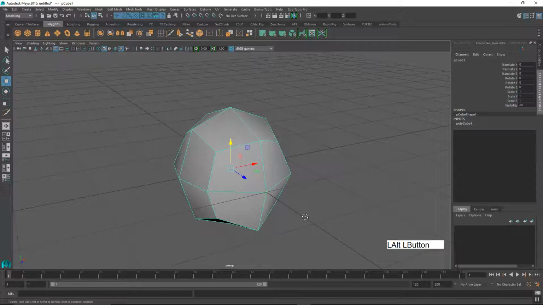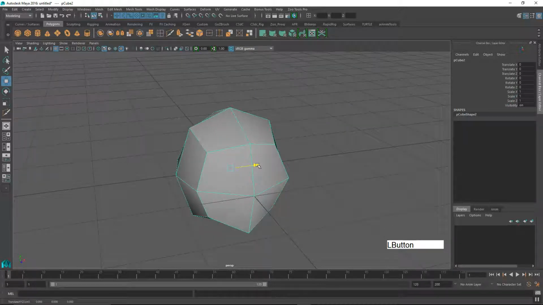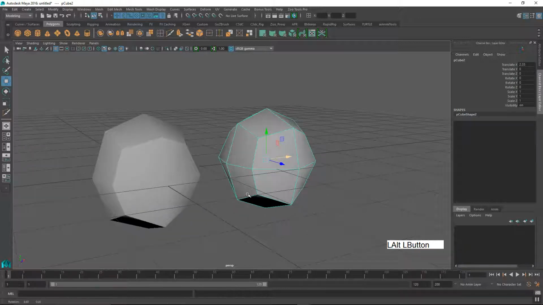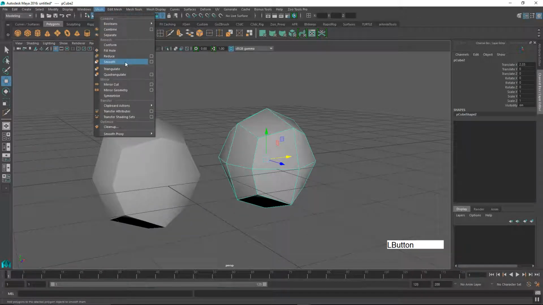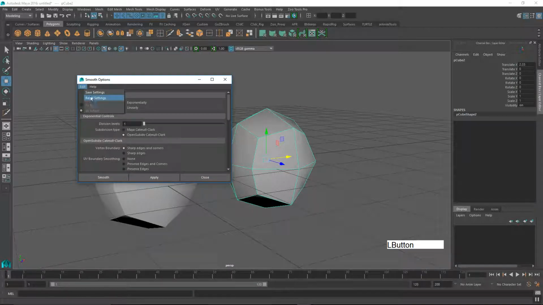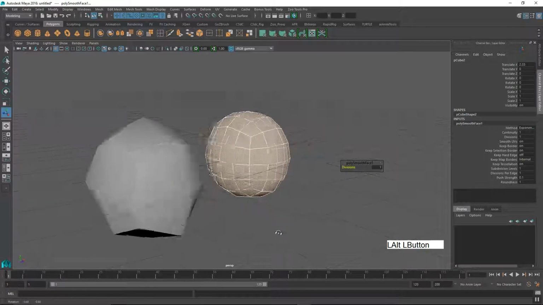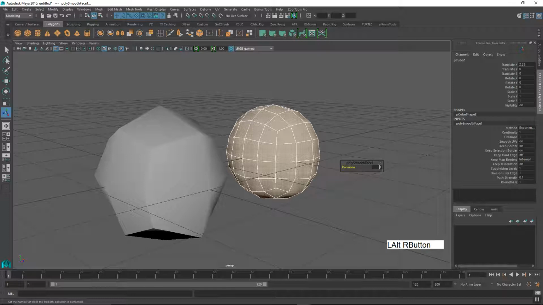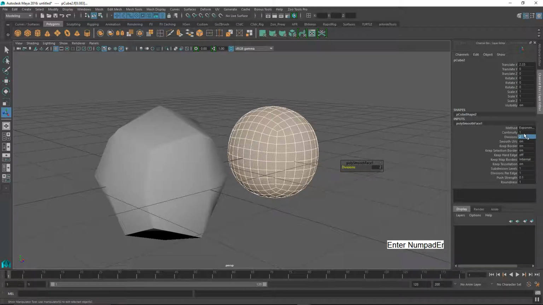Well, if I duplicate this object here and move it across, I can go to mesh smooth. Let me just check my options. I think by default it is exponential, and if I click smooth, I can in fact increase these divisions here. If I increase it to 2,